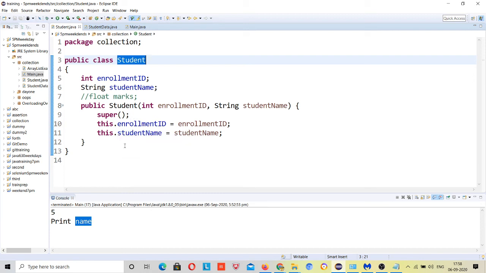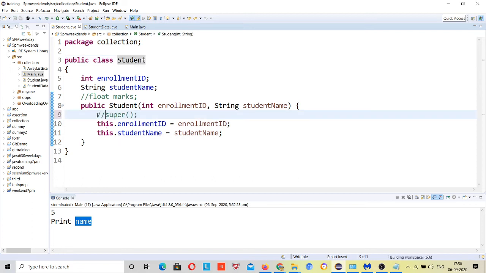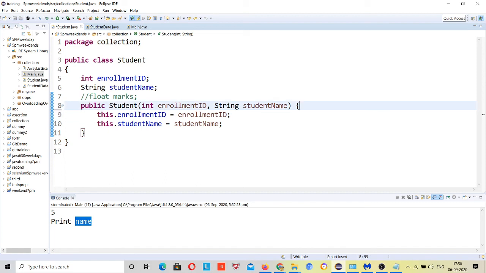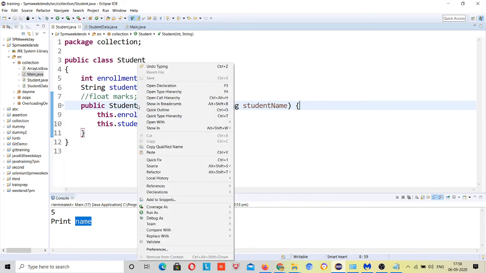Okay, the ninth line. What is the purpose of the ninth line here? I remove this. This comes by default with any constructor, right? So there is no purpose of using this here. I created this constructor using functionality available in Eclipse.